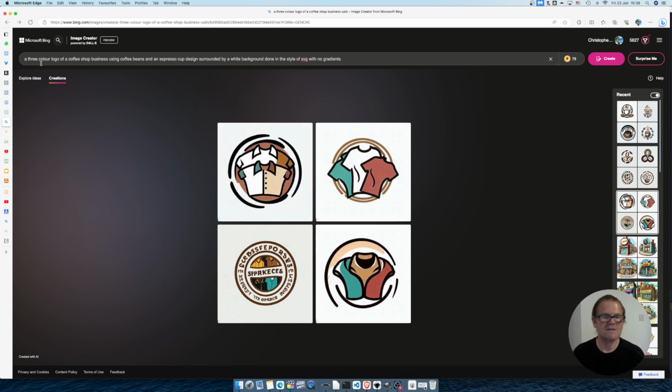Okay, let me go over this and explain why each of these elements needs to be there. First of all, we tell it a logo. We give it how many colors we want: 2 colors, 3 colors, a single color. What is it that we want to do? Coffee shop business, laundry business, book club, whatever. Then we tell it what elements we want in there, using coffee beans and an espresso cup design, and then very important, surrounded by a white background, and then very important, done in the style of SVG